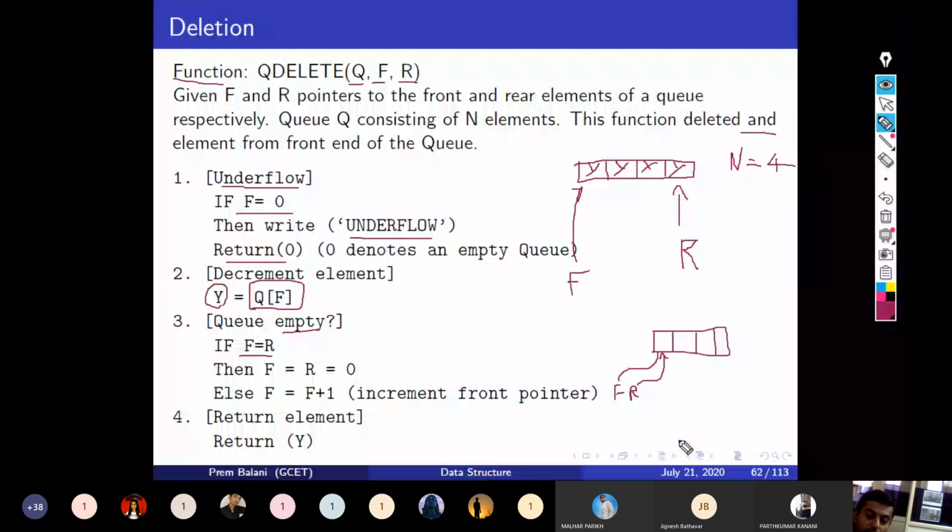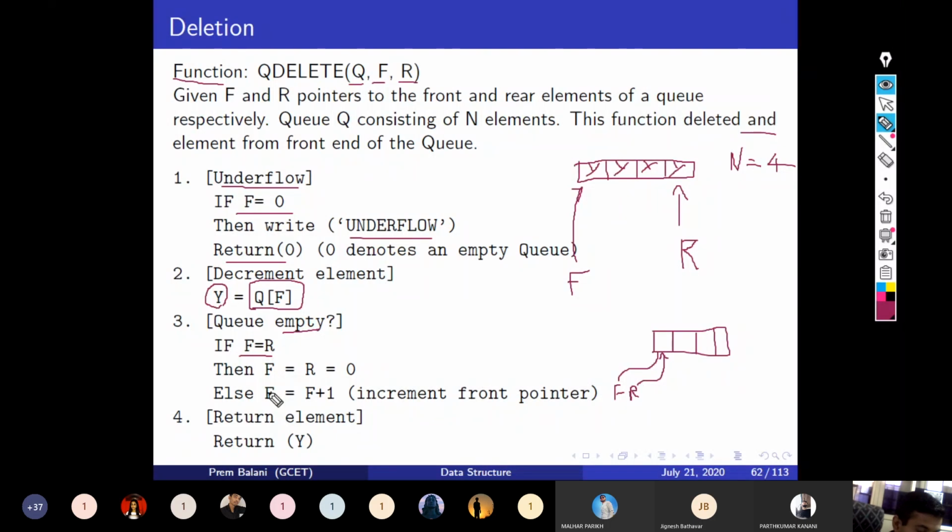And through this we can check F equal to R. That means only one element was there. Whenever there is only one element in the queue, my F and R pointers would be equal, right? So F and R pointers are equal when there is only one element in the queue.